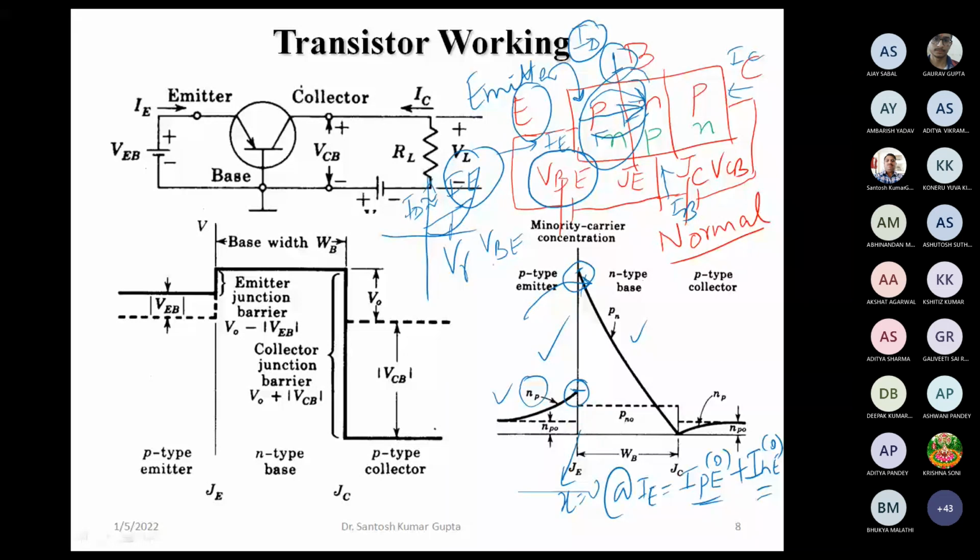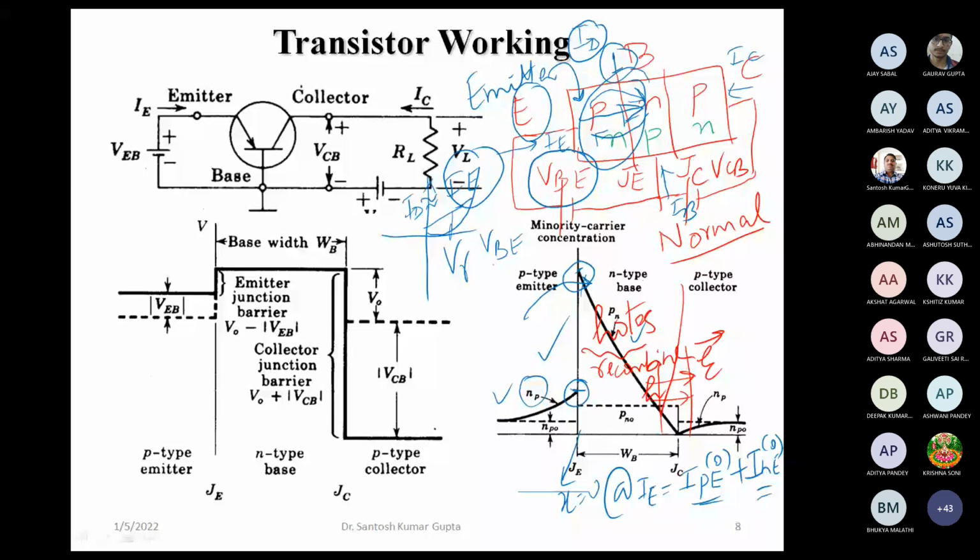We also argued in the last lecture that part of the holes, okay, recombine in the base, and a few are able to reach the collector junction, okay, and those which reach the collector junction, we have an electric field in the same direction, and being the positive charge, the hole is swept across this junction as soon as it is under the influence of this internal electric field inside the collector junction, okay,